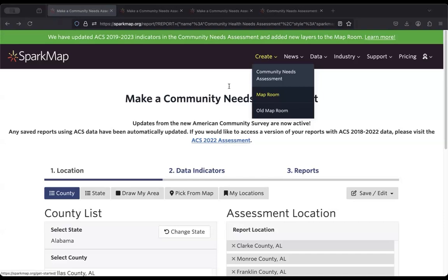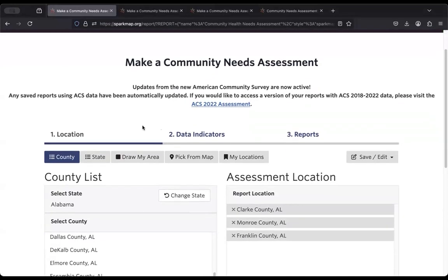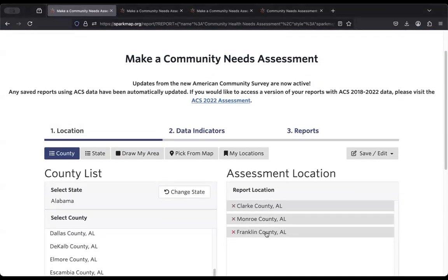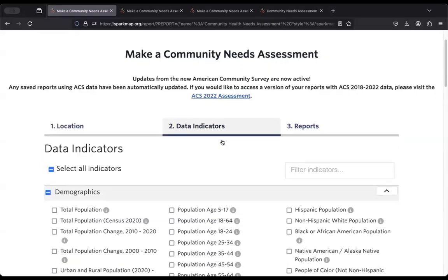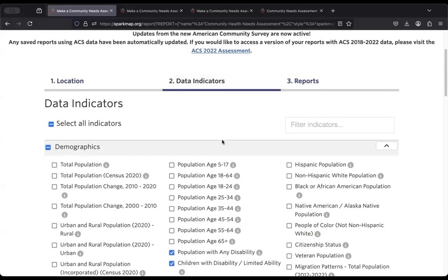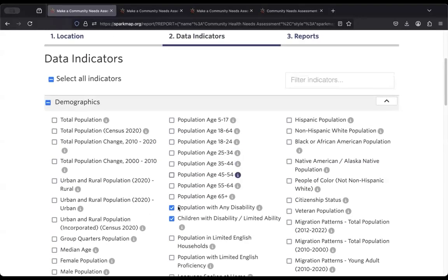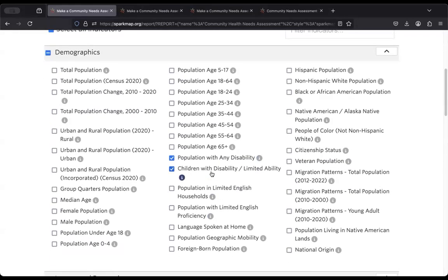So I'm just starting here on this first step in the needs assessment. I've picked a couple of counties here in Alabama that I'm interested in. And the indicators that I want to start with first, because we're just going to highlight a few of the new or updated ACS indicators, are related to disability. So we have a couple of layers under demographics. The first two that I'm going to look at here is population with any disability,